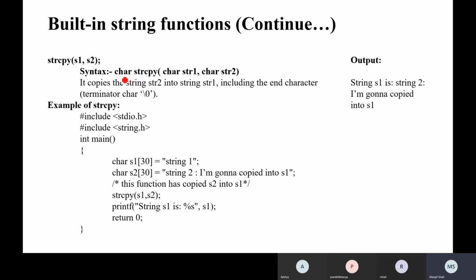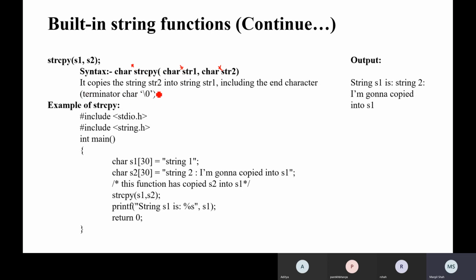Here str1 and str2 are basically arrays. You don't know what a pointer is right now, so I can simply say that this is a string. So how will this work?